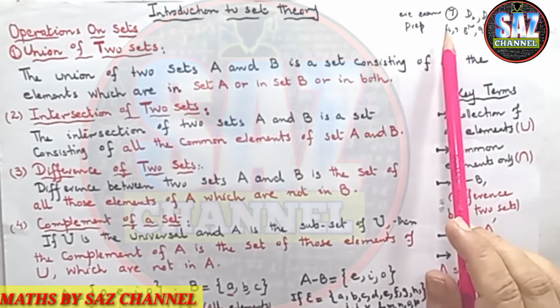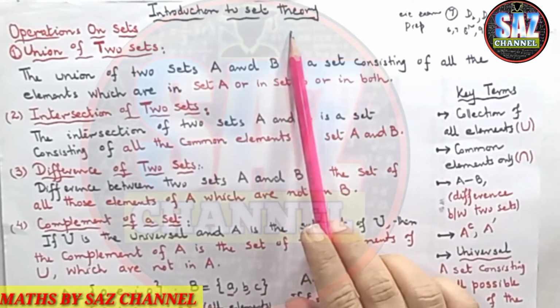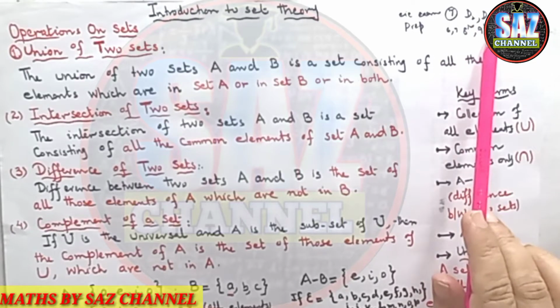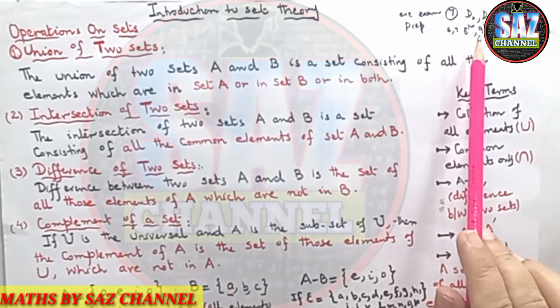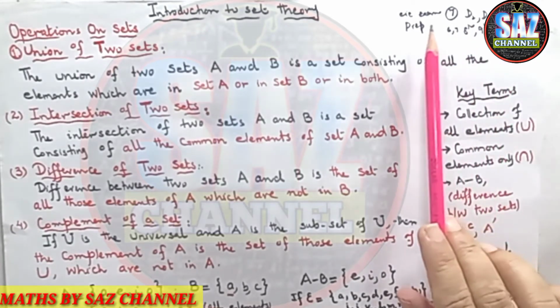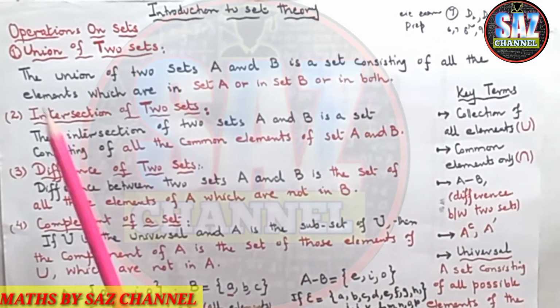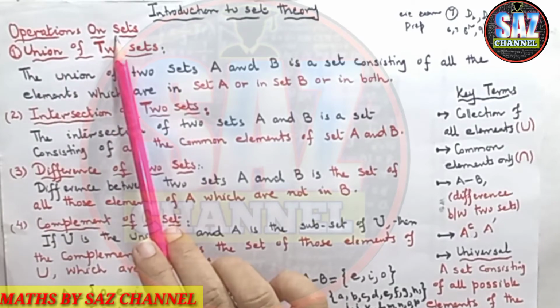This is my 7th lesson of Introduction to Set Theory. This lesson is equally important for D2, D4 students and students of class 6, 7, 8, 9 and 10th of PTB and the students who are preparing the CIE examination. In this lesson, we will discuss the operations on sets.